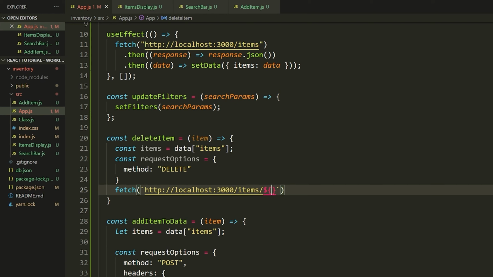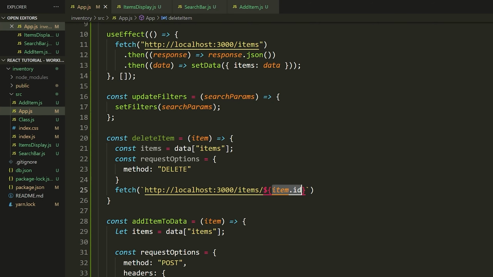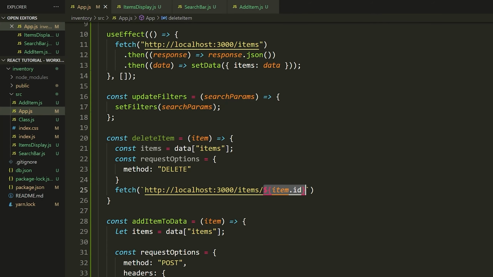And anyways, the point of this is so now I can do something like this, item.id. Now, this is not a string, right? But this is going to be evaluated. So this will be whatever the ID actually is, and then automatically converted into a string and embedded right inside of this expression here. So we'll have http://localhost:3000/items/ and then whatever the ID here is will just be placed in. So if it was ID 2, it would just be placed in like that. 4 placed in, whatever. And you could even do something like item.id + 1, and that would be totally valid. It would just evaluate this, turn it into a string, and then place it there.